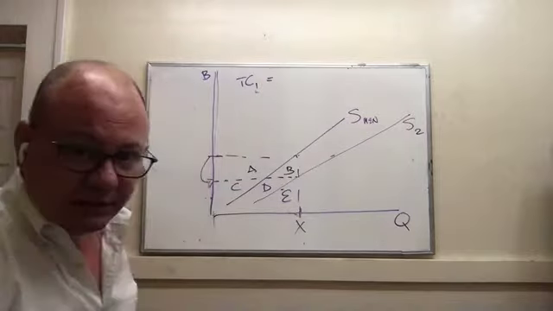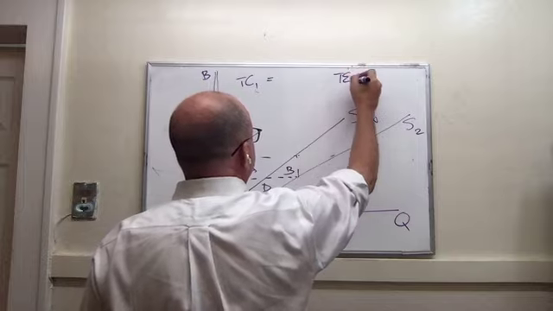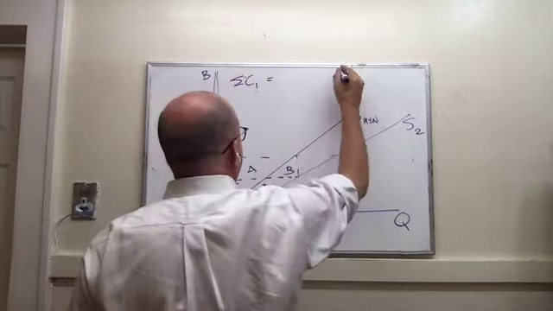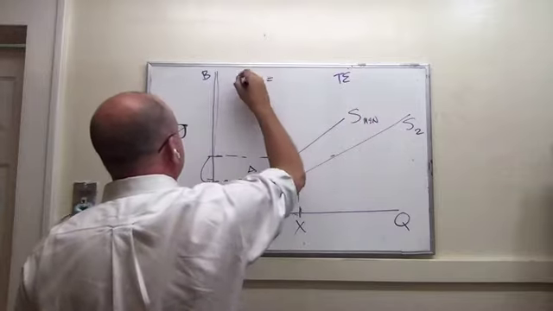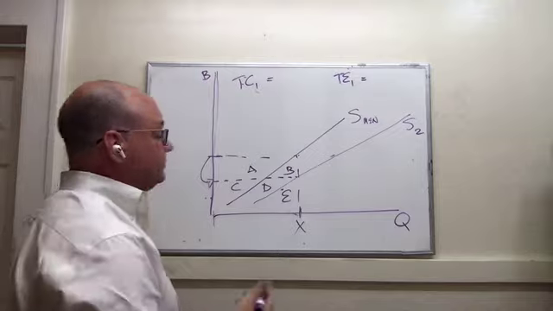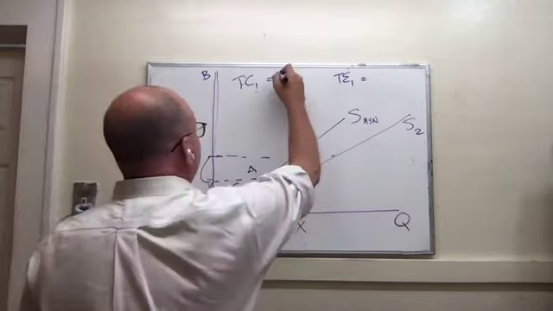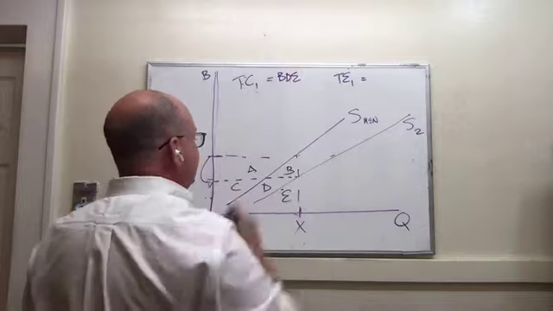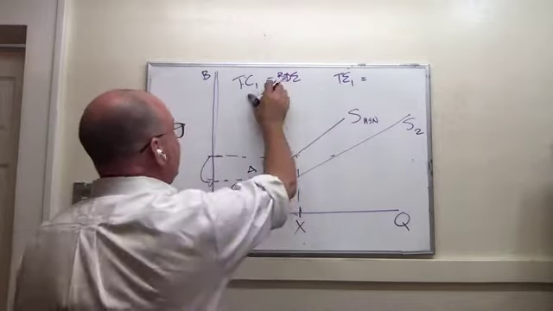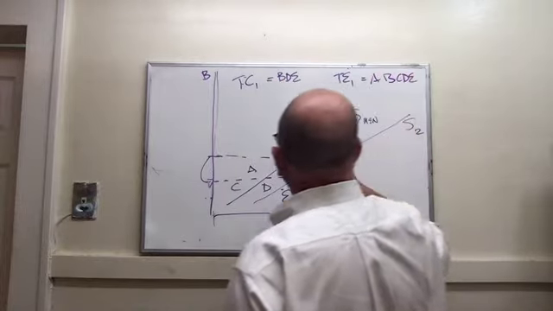The total cost versus the total expense. Yeah, total expense and total cost. I have to get my notation right here. Total cost. Well, again, you can pause this and hopefully you'll see that it's B, D, and E. Cost, cost, cost. And the total expense, A, B, C, D, and E.